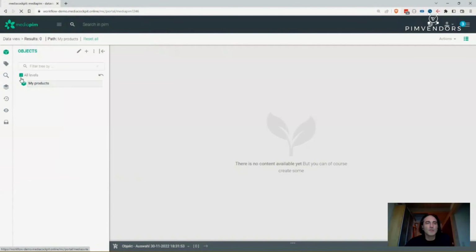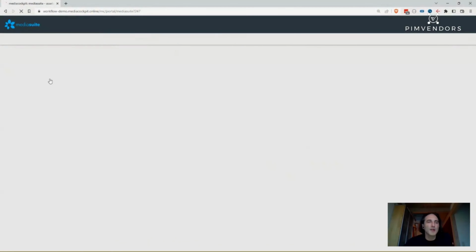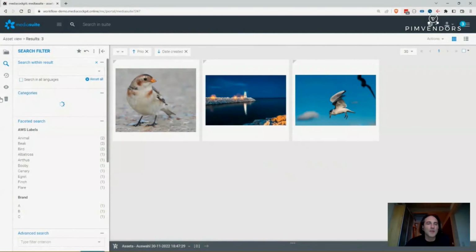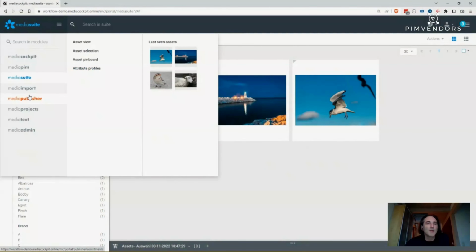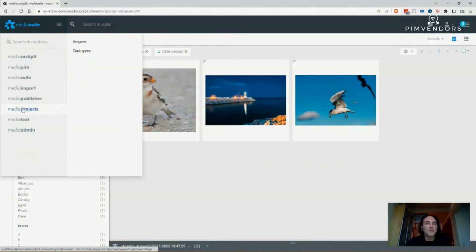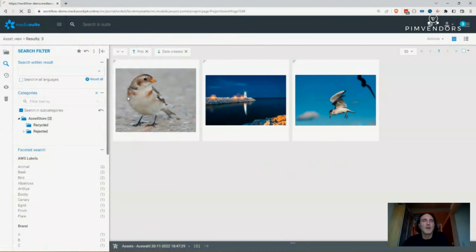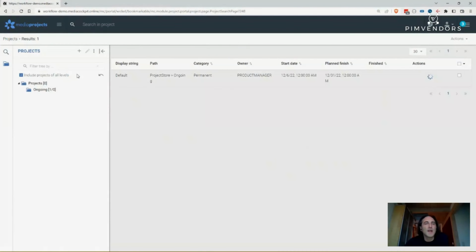The suite has a handful of data, but nothing of interest, just some representative files here. And we'll dive into this projects module that we're discussing. And we see here, you can have one or many projects. You might have one project for everything in the system, or a general project, and you might have projects for each product, product group, or